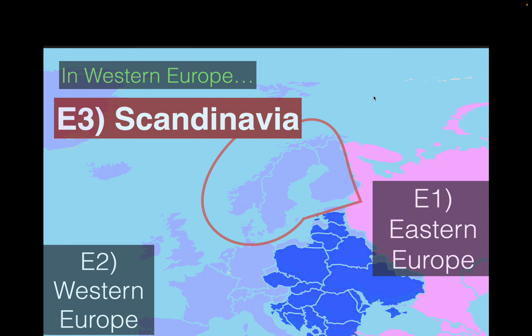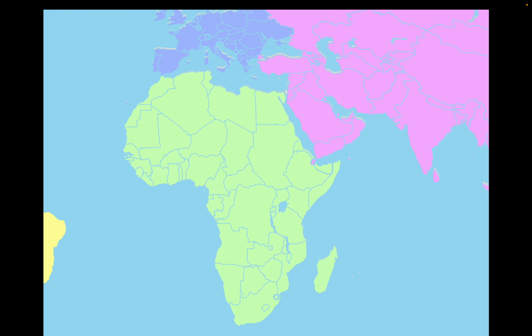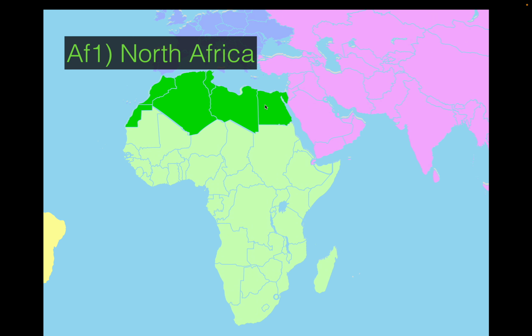I will move on to a more interesting one, which would be Africa. Africa, they have multiple regions that we split further. Okay, now these countries right at the northern edge, we call them North Africa because in terms of culture, it is different from the rest of Africa. These countries in the north are actually mostly Arabs, whereas those in the south are from other ethnic groups. So culturally speaking, Northern Africa is different. The history is also different from the rest of the African continent. And North Africa tends to be a bit more developed than the rest of Africa.